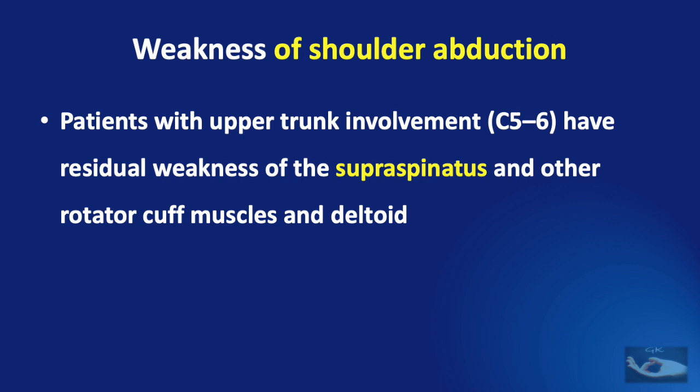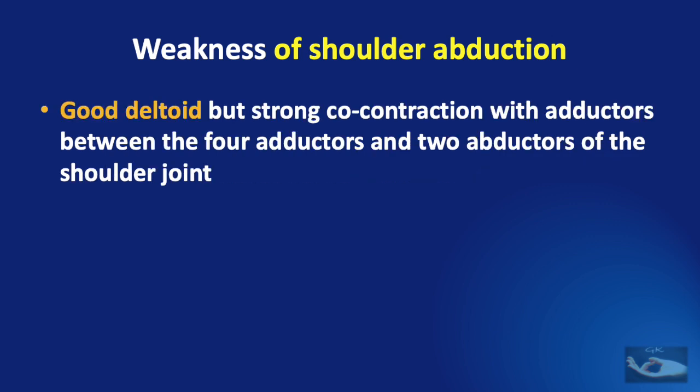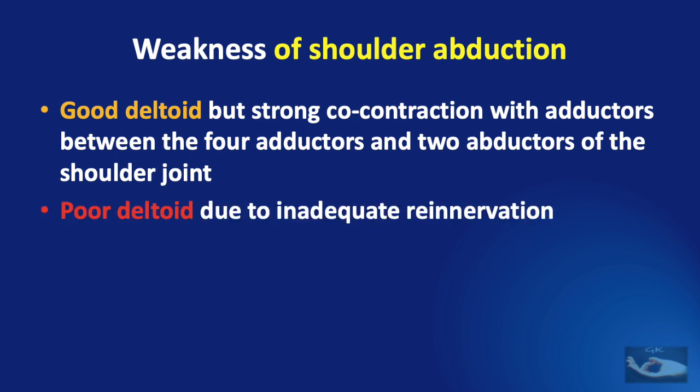The supraspinatus may recover to a certain extent in some children, but the main problem is with the deltoid. There are two situations. The deltoid may be good, but there may be a strong co-contraction with the adductors between the four adductors and the two abductors of the shoulder joint,